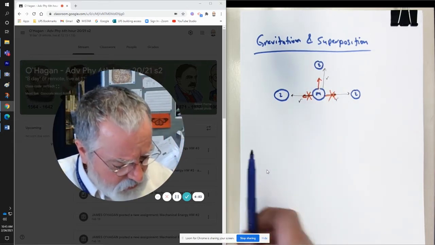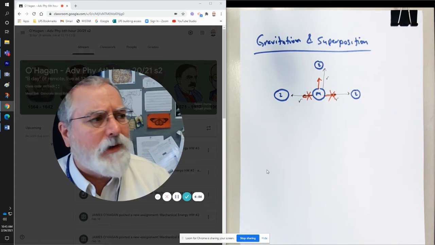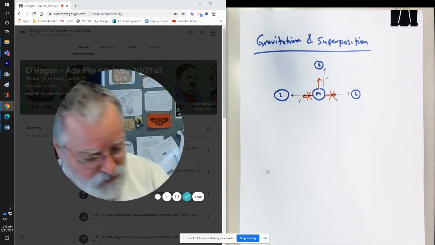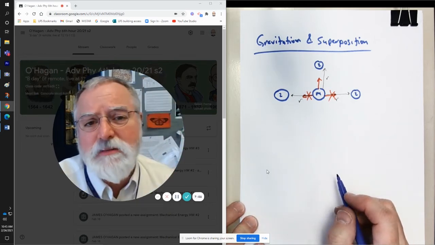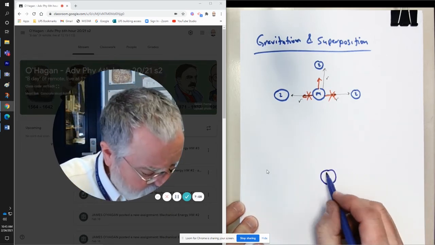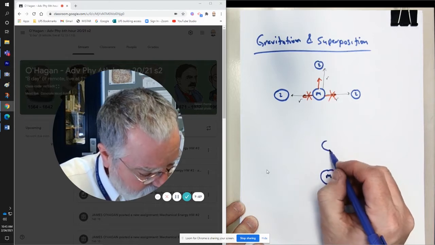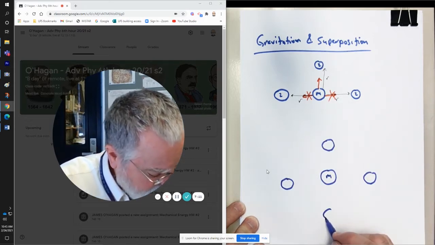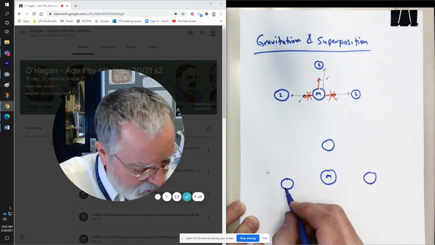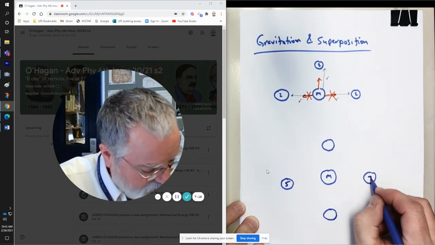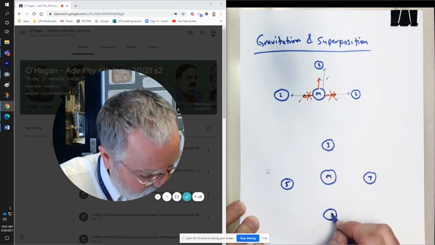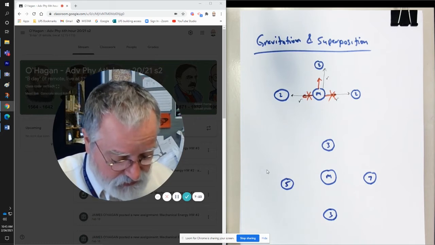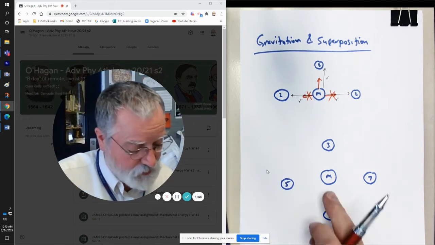Okay, another way you can do this. Let's do 5 objects, okay? And again, I'm going to make the same distance apart just because it's easy. All right, so we got the mass in the middle, mass, and we got this one up here, and this one over here, and this one over here, and this one over here. And I will make this 5, and I'll make that 7, and I'll make this one 3, and I'll make this one 3. Okay? Now, superposition says, hey, if I'm trying to figure out the force of gravity on this,